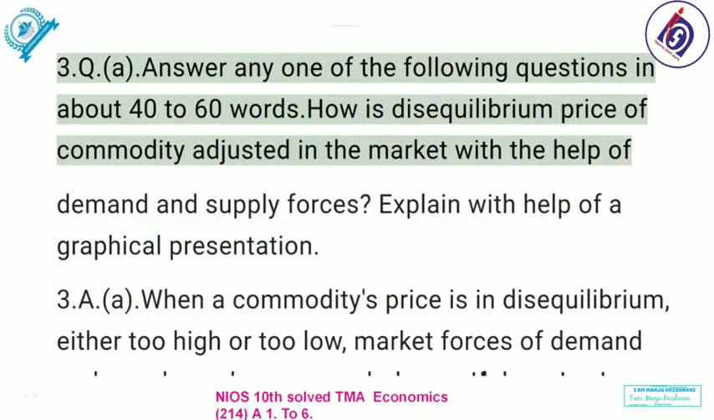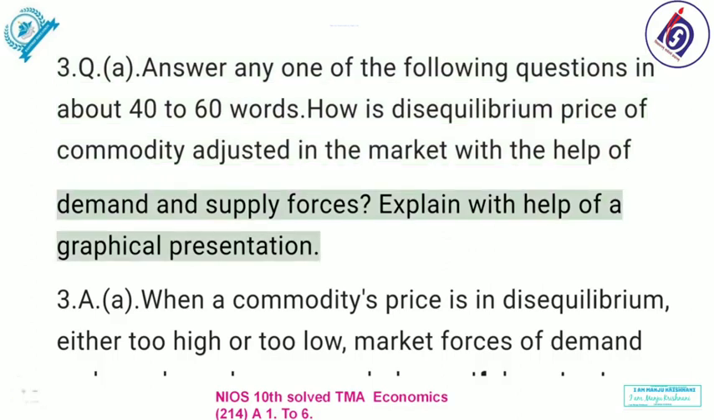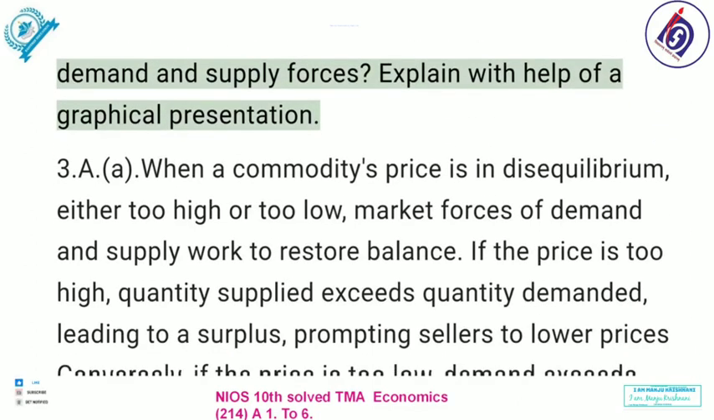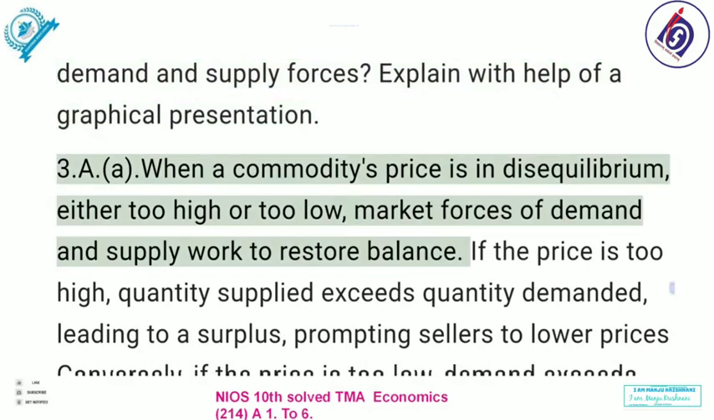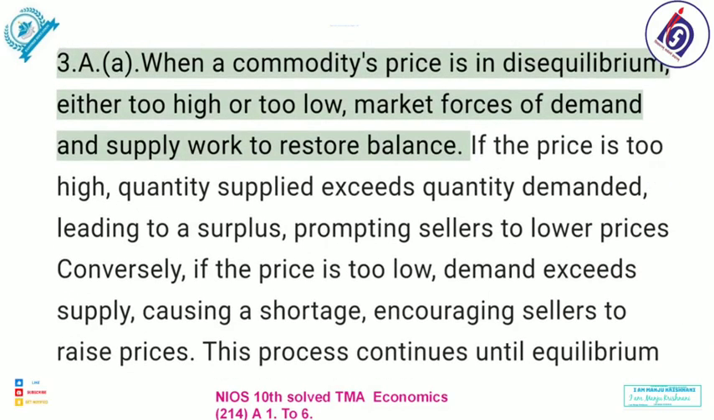Answer any one of the following questions in about 40 to 60 words. How is disequilibrium price of a commodity adjusted in the market with the help of demand and supply forces? Explain with the help of a graphical presentation. A. When a commodity's price is in disequilibrium, either too high or too low, market forces of demand and supply work